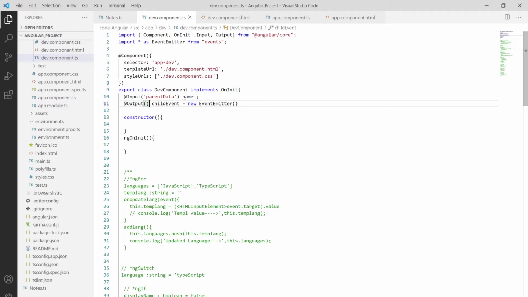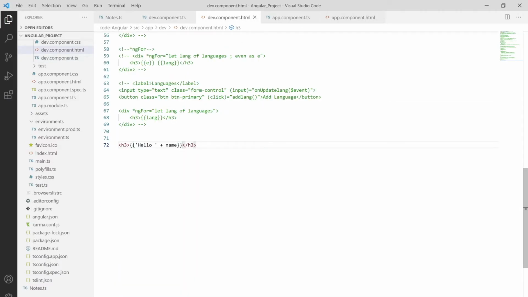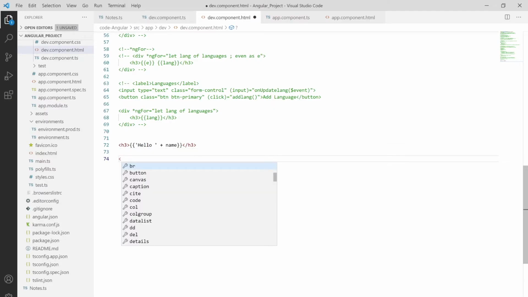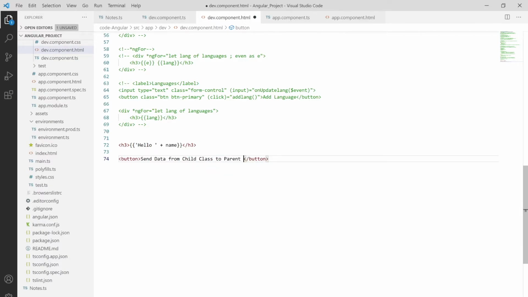Save this, and as I already showed you, the output decorator will send data from our child class to the parent class, but it only works with events. So let me go to our HTML, and here I'm defining one button, and putting the text as send data from our child class to parent class.